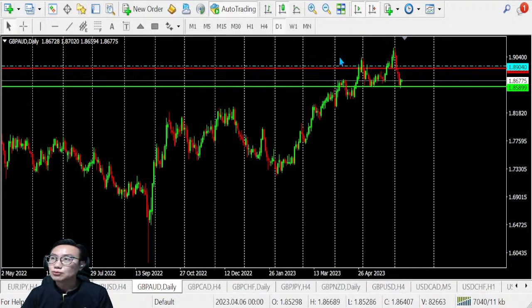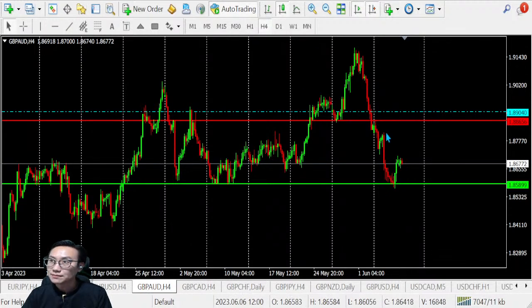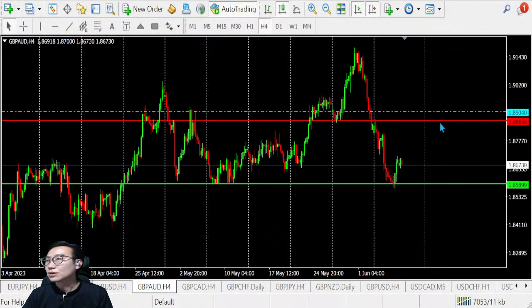Pound Aussie, we are in the bull, selling down into the bear. Not yet, but we are still in the transition. So at the moment, like say over this point here, once it's actually entering into the bear, okay, for the pound Aussie, it's actually entering into the bear with a trending market selling down. So this pullback, these buyers may be only a pullback.